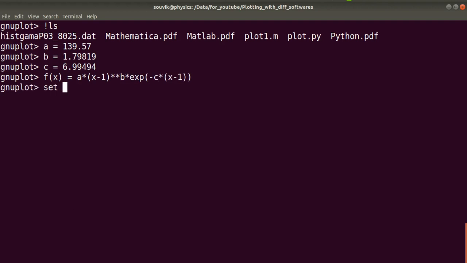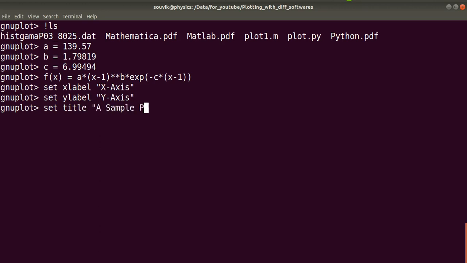Now you have to set the x label, which is x axis, and set the y label, which is y axis, right? And set the title, which is a sample plot in GNU plot, right?